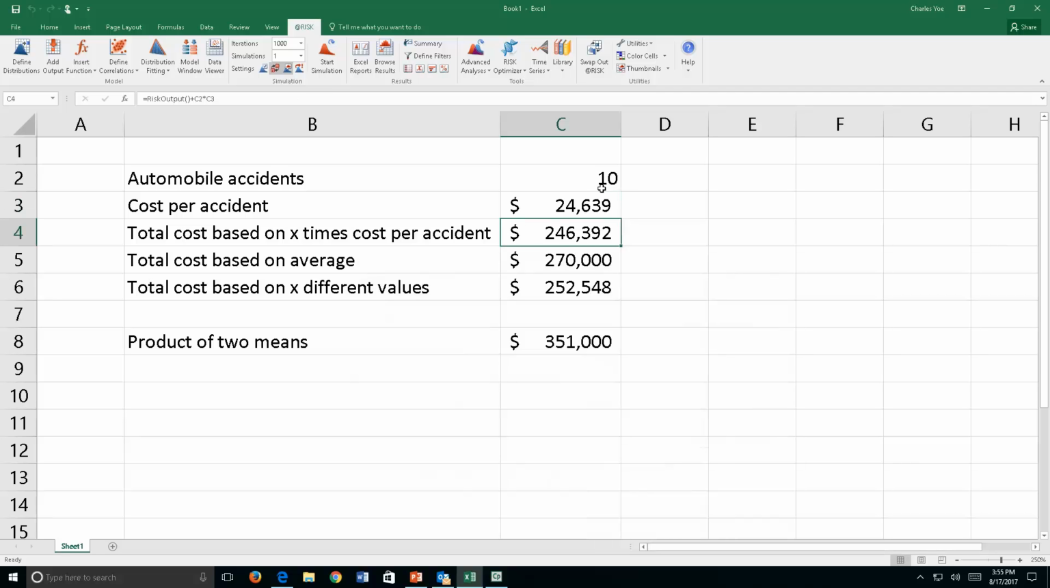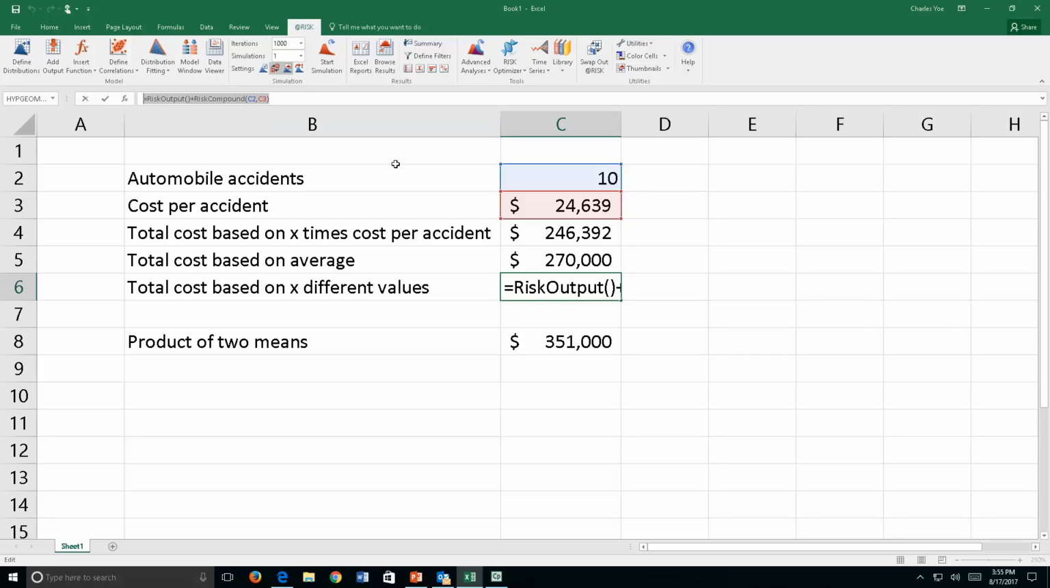Here we take the number of accidents, 10, times the cost per accident, and that number is replicated here. This value is the number of accidents times the average cost per accident, and that's $27,000. This number here, however, is something different, and if we go up here to our formula, you'll see it uses